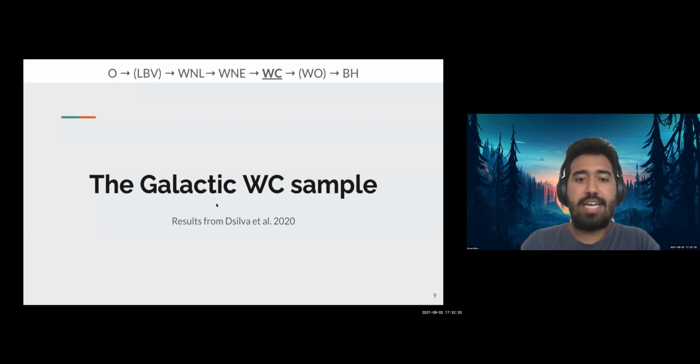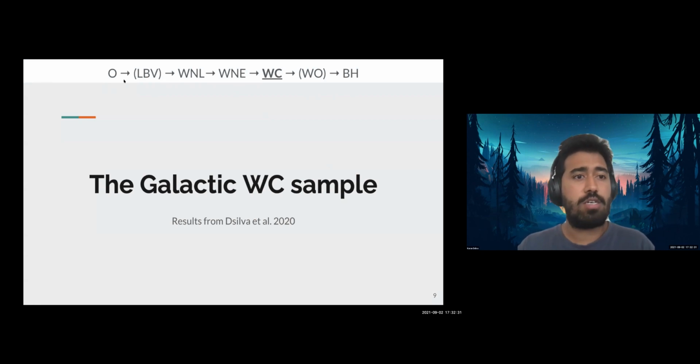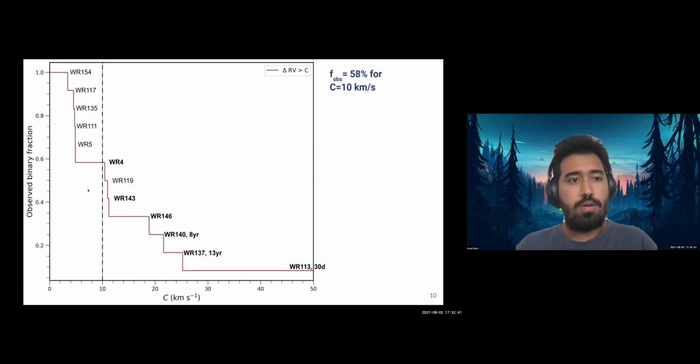So here I'm just going to present results from a paper that we published last year, which focuses on the carbon-rich Wolf-Rayet stars. And over here, I've put the modified Conti scenario as an evolutionary sequence on top. And you can see that these are the stars that are most likely, we are looking at them directly before they become black holes. And over here, this is some sort of a threshold plot